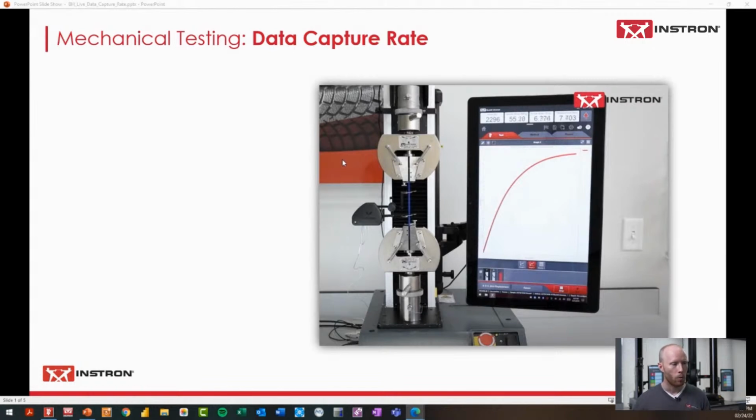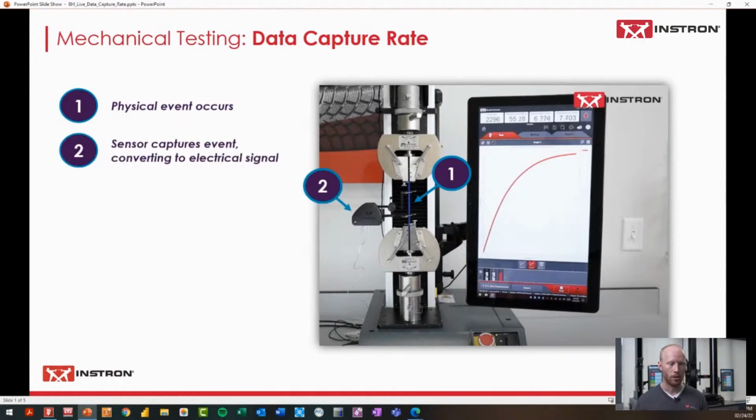So how does the data capture play into this system? First, we have physical events that are actually occurring. The blue plastic specimen, as it's being pulled apart by our frame, has load increasing and deformation happening. There are physical events occurring to that particular material. But we need to capture those physical events, and the way that we do that is with different sensors. For instance, that clip-on extensometer that I'm pointing to here